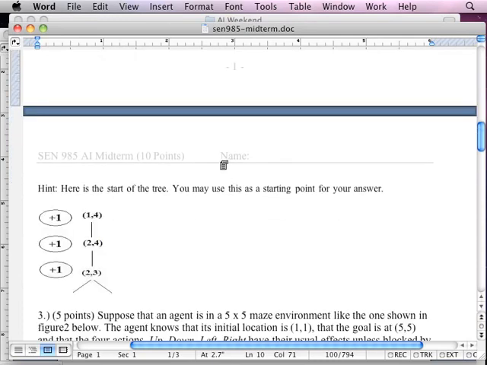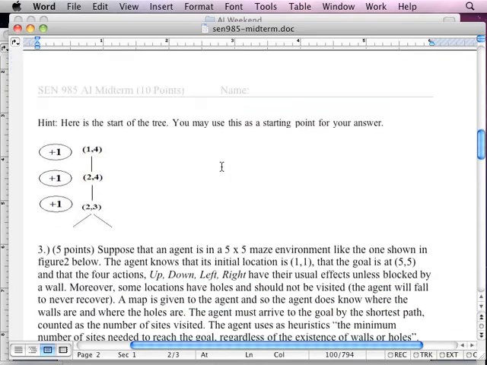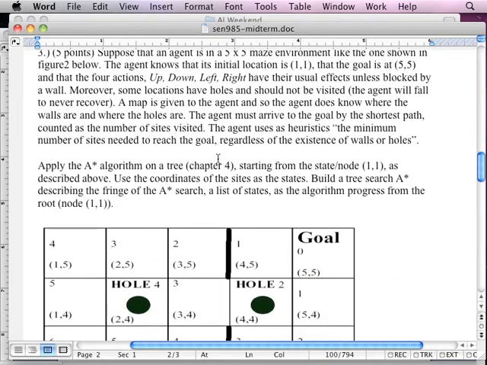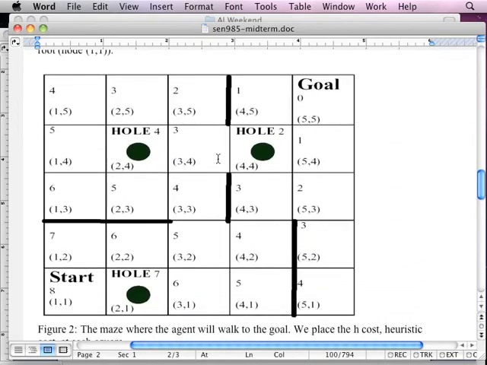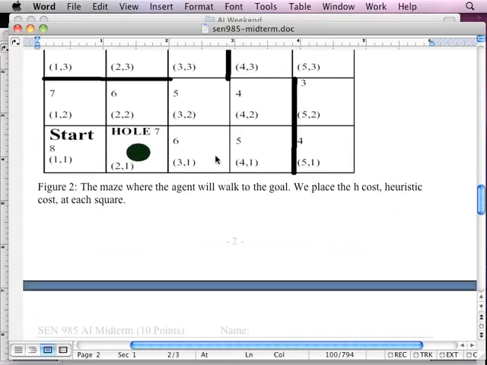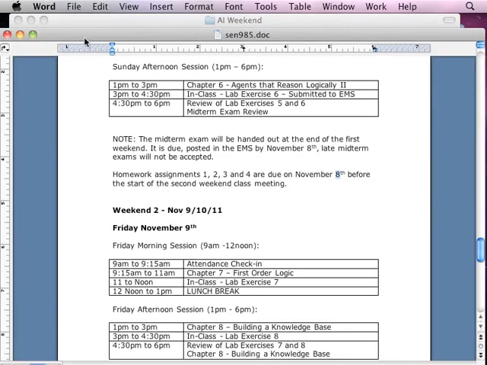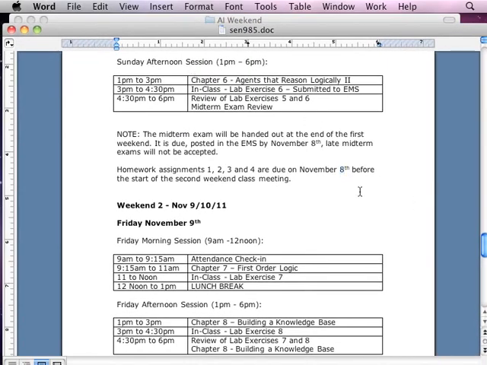And if you do the reading, that will help you for the final exam that you're going to take when you come back on the weekend of November 8th or 9th. November 8th, 9th, and 10th weekend, I believe it is. But this is going to go through graphing and things, and the lectures are really going to help you with this, but the textbook reading is what you need. And it's actually the same examples that are in the lecture. So that's the midterm. So those are the deliverables.